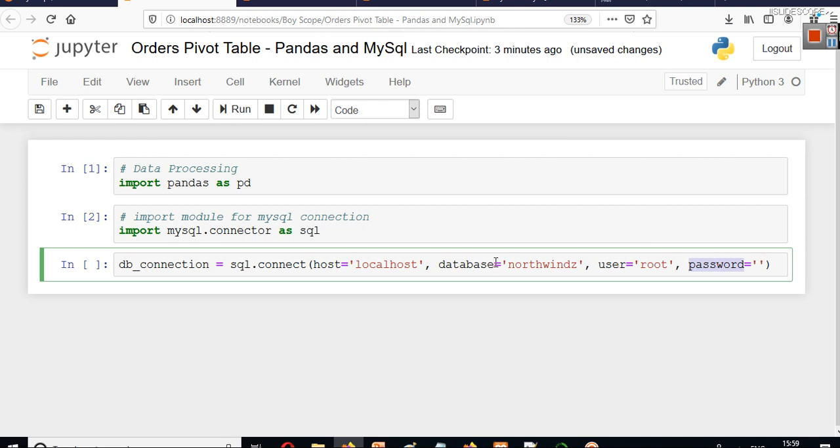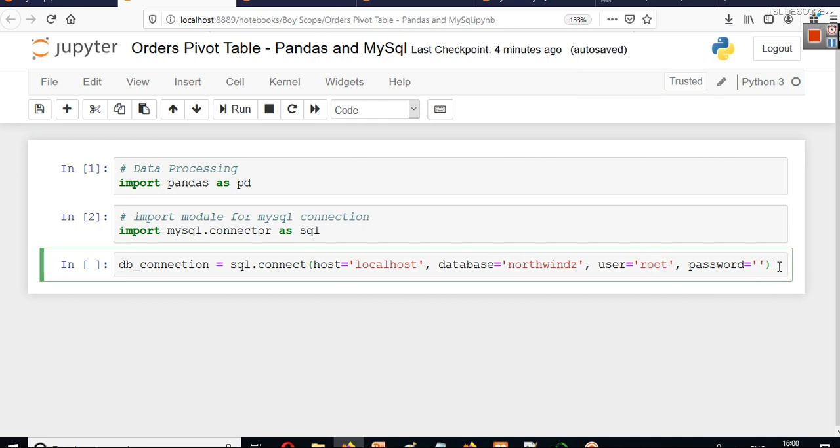So these are our credentials. Password is blank, user is root, database is Northwind, and host is localhost. Suppose if this was a server, in that case you have to enter the IP address of the server here, the name of the database, the username that can access that server, and the password of that user who can access the server on which the database is there.